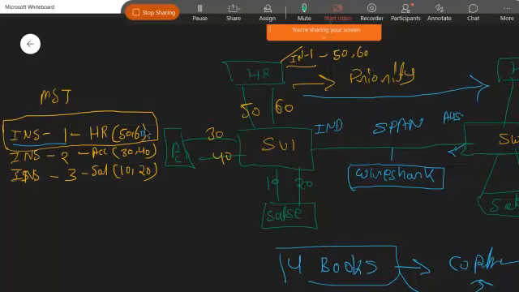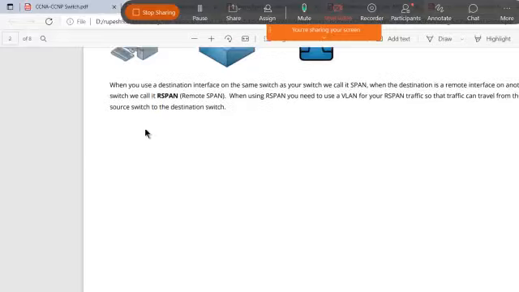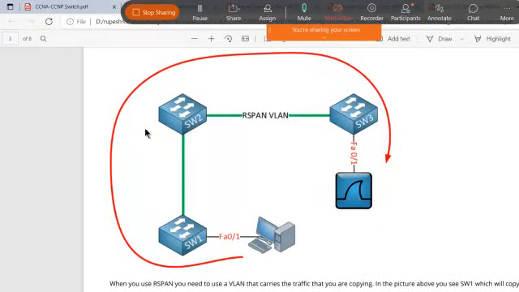If you have multiple switches over here, suppose we have switch 3, so the destination is this, right? Because I have to send these packets from switch number 3, the packet is going to be received on this interface, right? So that we can call a remote SPAN. Okay, there is nothing to worry about with remote SPAN and all these things.